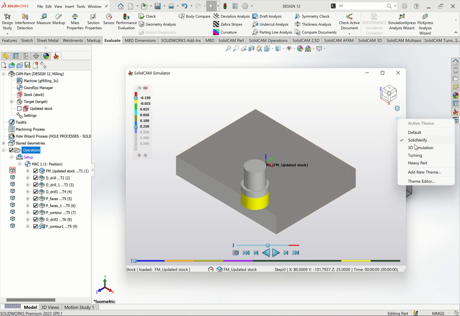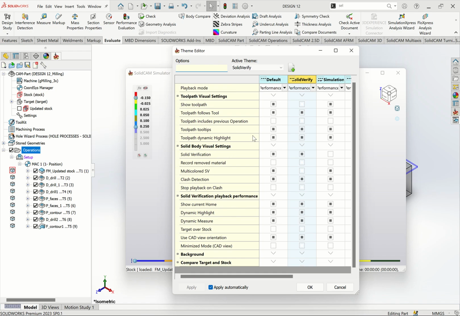You can change these operations to turning heavy part, new theme. You can put on a new theme if you want, or you can use the theme editor. All this is under SolidCAM 2024. You want to show maybe target over stock, you can show this performance. In case you want to show all this, you can check them. You can also check